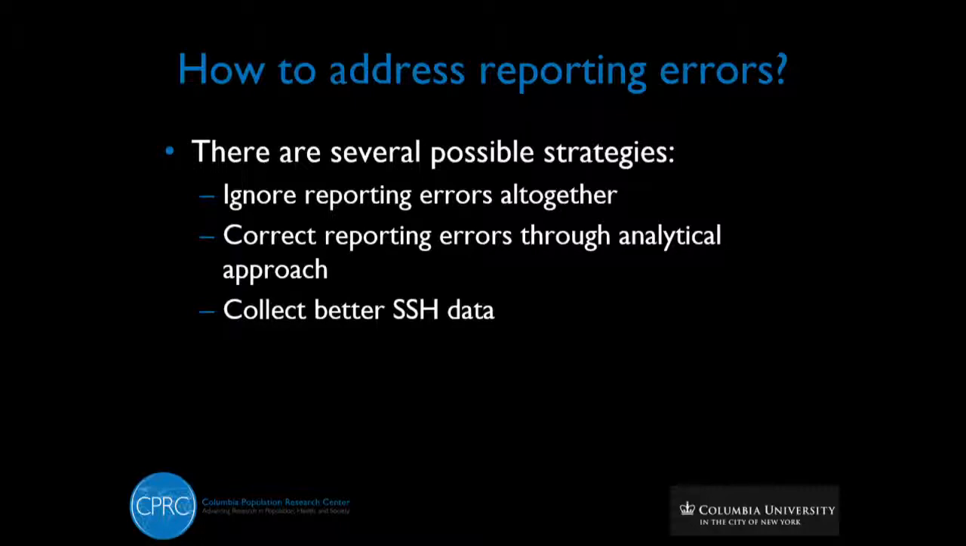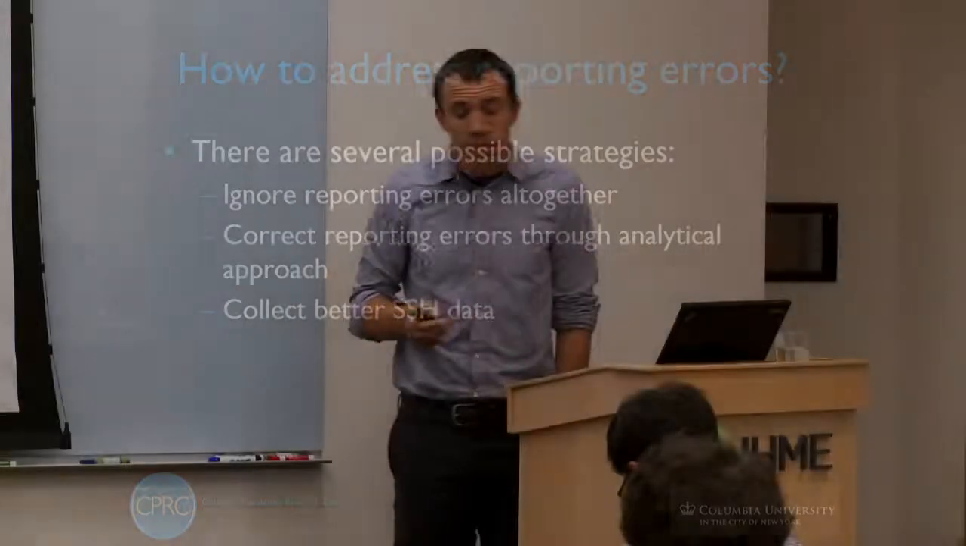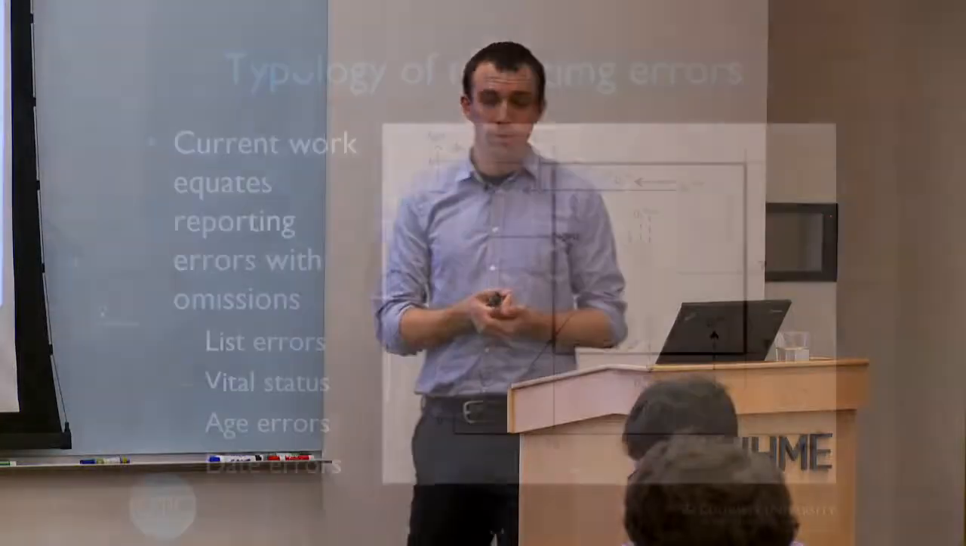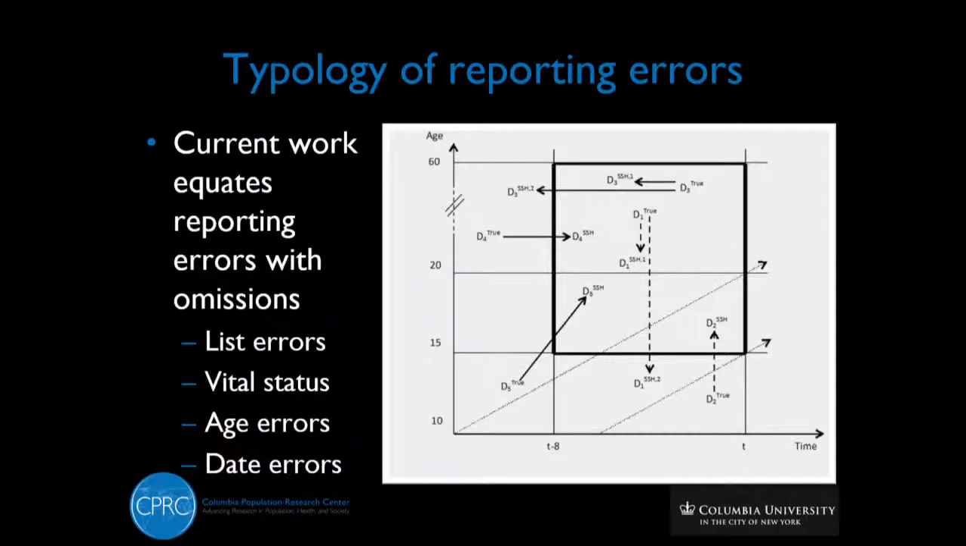that the data that they collect are at least more accurate. And you can try and follow this survival history either through models or through analytical procedures. The first one is to try and understand what exactly are those errors and to come up with a typology of those reporting errors. And in current work on analytical procedures, for example, people have generally assumed that these errors